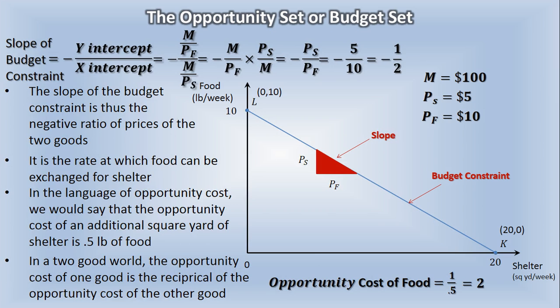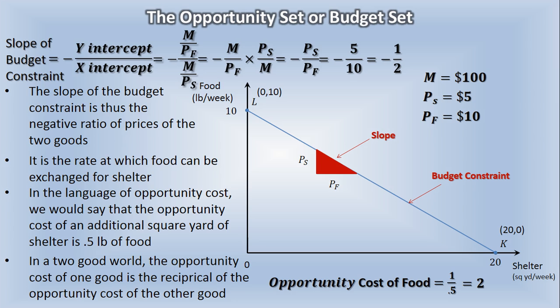We also derive the fact that we can get the slope of our budget constraint, which again captures and reflects this relative price of the 2 goods, by taking the ratio of the y-intercept, which represents the most of food she can buy, which is income divided by the price of food, divided by the most shelter she can buy, which is represented by the x-intercept. So M divided by the price of shelter. We've got a ratio divided by a ratio, which is equal to a ratio times the reciprocal of the bottom ratio. So you have M over the price of food times the price of shelter over M. The incomes cancel out,